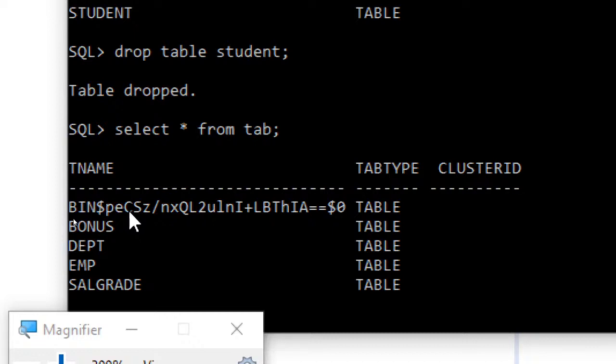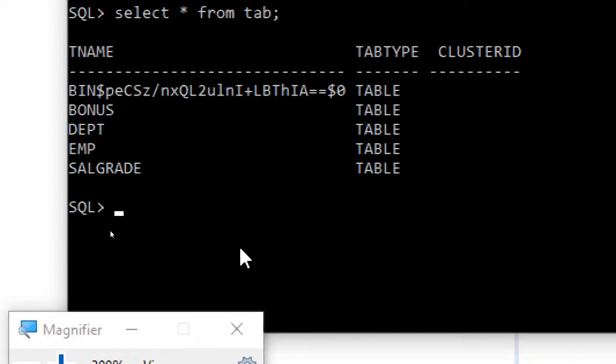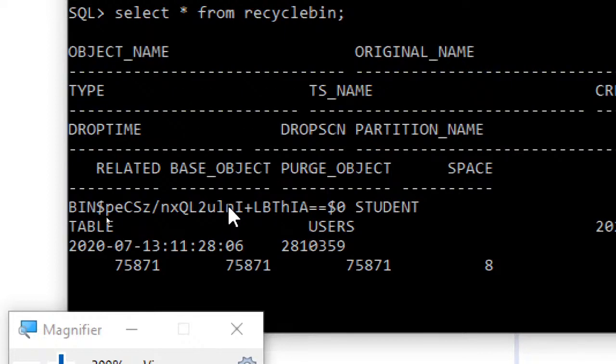That's the reason you can see their bin. So anything that's there in the bin you can see it like this. And if you don't know after a period of time what the table names were that are still in the bin, like on the desktop, if it is in the recycle bin you can just open it and see all the file names. Similarly here also, you can just do select star from recycle bin, and if you use this command it will give you the tables that you have in the recycle bin.